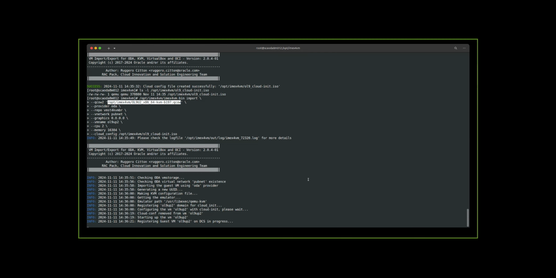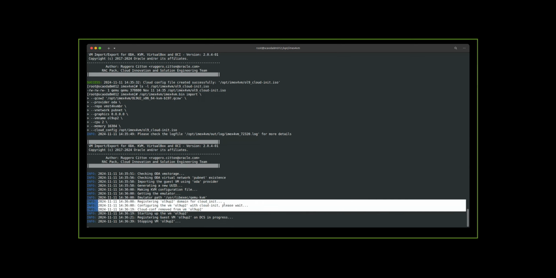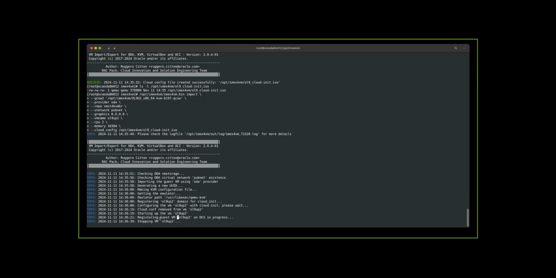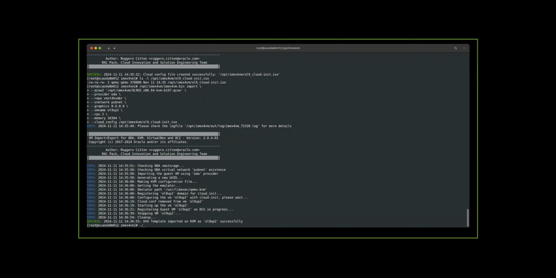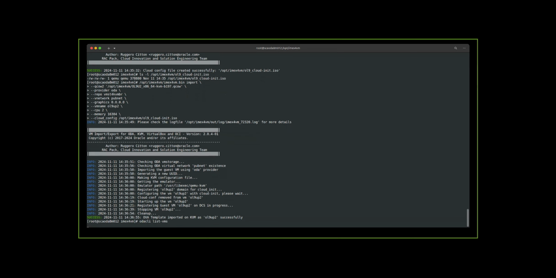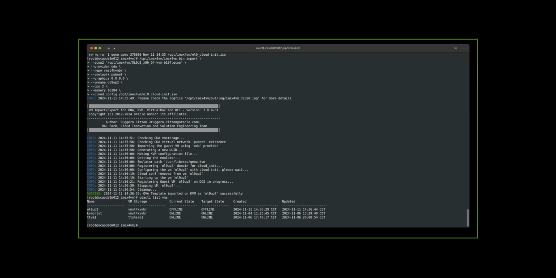Now let's finish the command. As you can see here, the cloud-init is automatically managed. The VM is registered on ODA DCS. Okay, let's finish and complete the commands. Now I can use odacli list-vms to see what I have. You see, a new VM is now present. I can do the same with, of course,